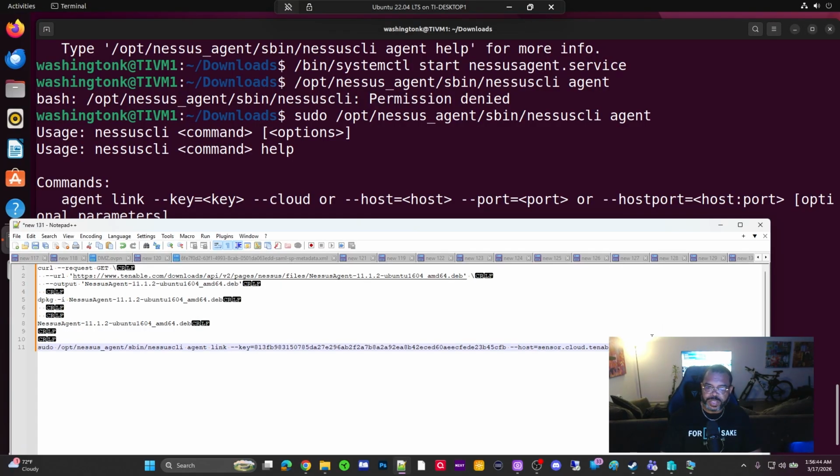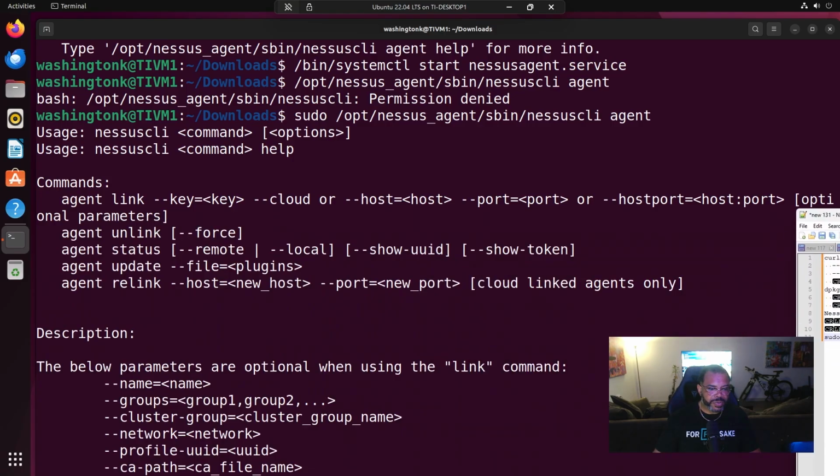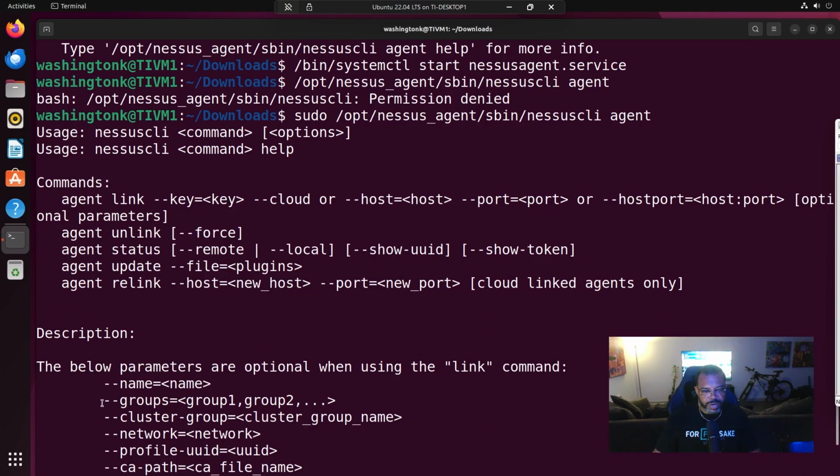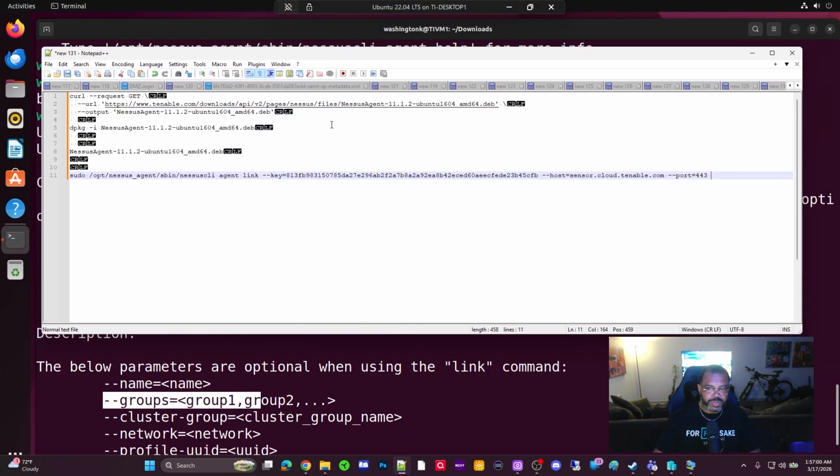We also have to specify a port. This is Tenable Vulnerability Management. The port we're going to use is 443. And then you also have another parameter that you can use for groups right here. And so all we have to do is type --groups equals the name of the groups. If your group name has a space in it, that can be problematic. I think you have to put a single quote or double quote. Sometimes it's a single quote, sometimes it's a double quote. So